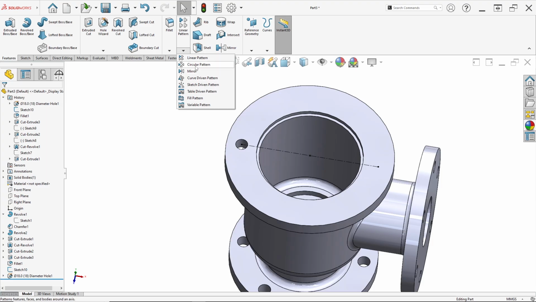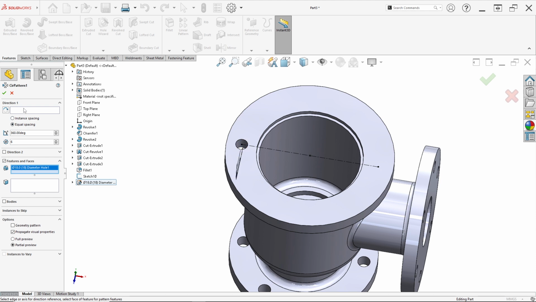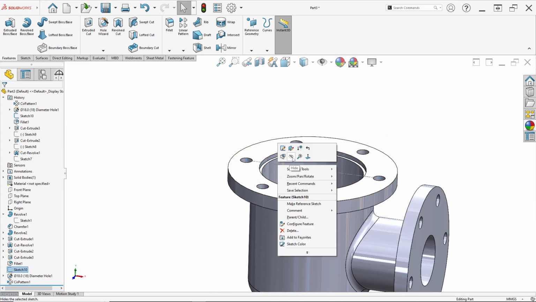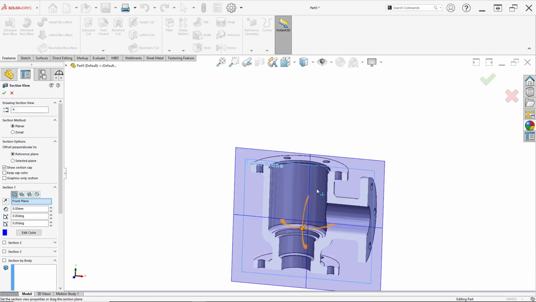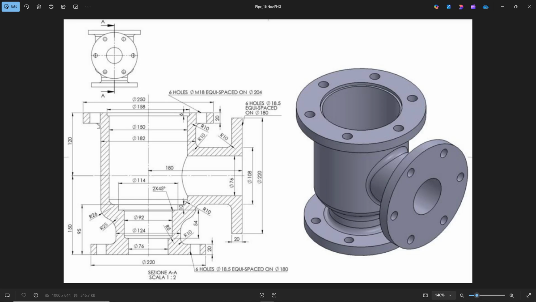Click circular pattern here, and for feature and face, just click the hole diameter 18, and for direction just click this edge. Ensure the number of instances is 6, and just click OK, and done. We can hide this line like this. We can check the section view like this, click OK. It's the same as this drawing.